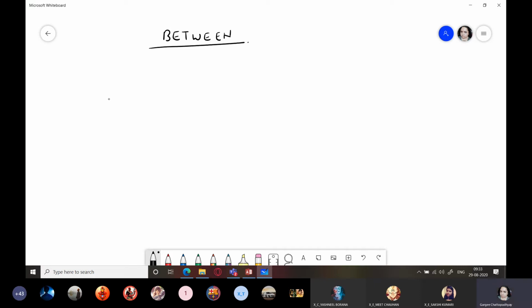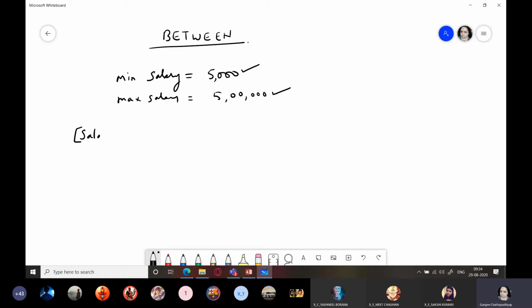I want to set the minimum salary in a company as 5,000 and maximum salary cannot exceed 5 lakh. Okay, so minimum salary I want to set as 5,000 and maximum salary I want to set as 5 lakh. So I will write it like this.